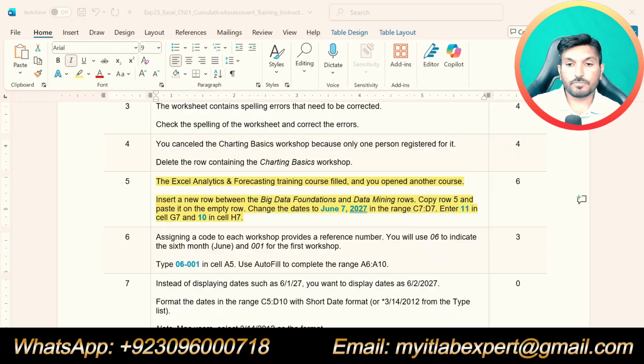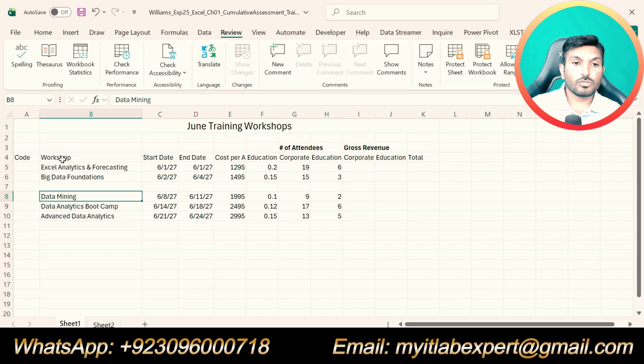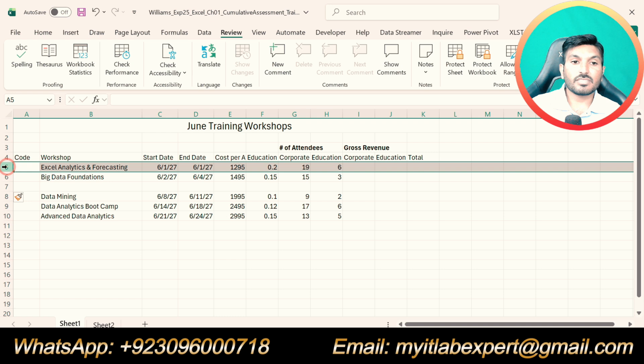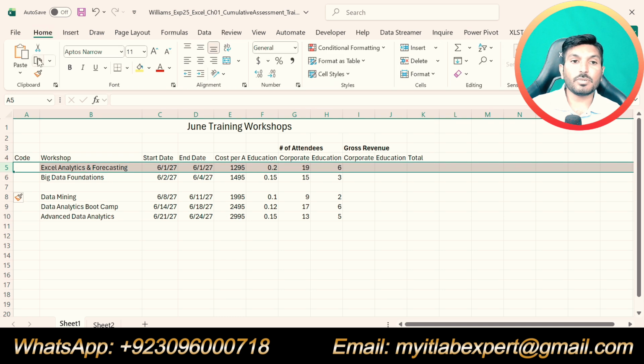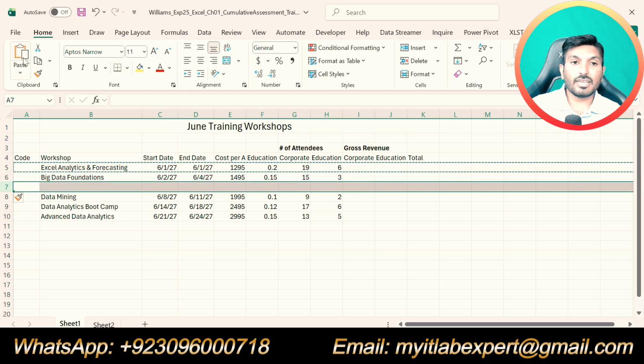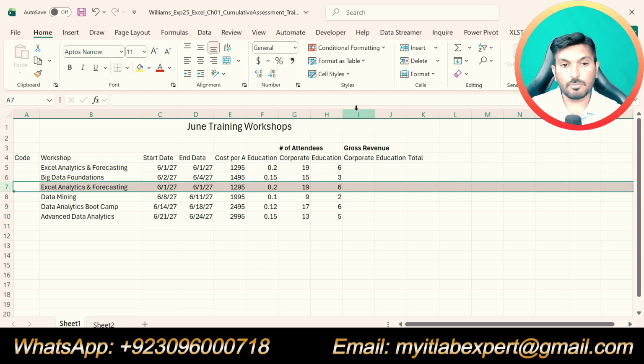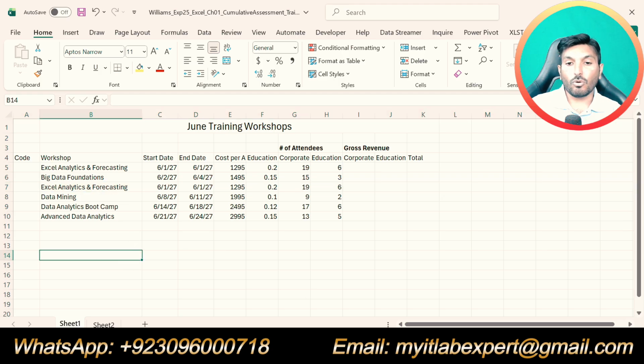Now copy row 5 and paste it on the empty row. Row 5 is here, select it, go to the Home tab and click copy. Now select the empty row, click paste and press escape. So now we have opened another Excel Analytics and Forecasting course.